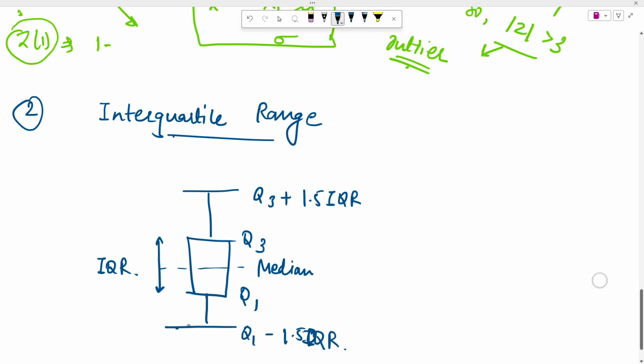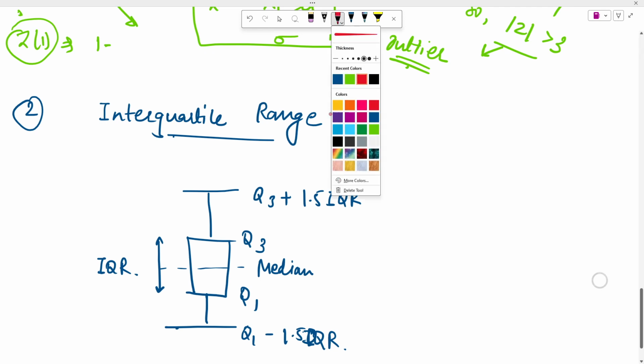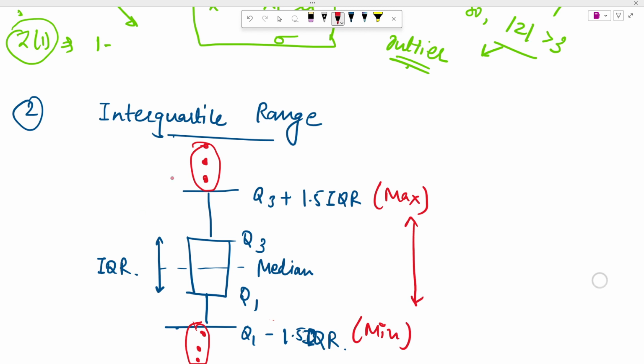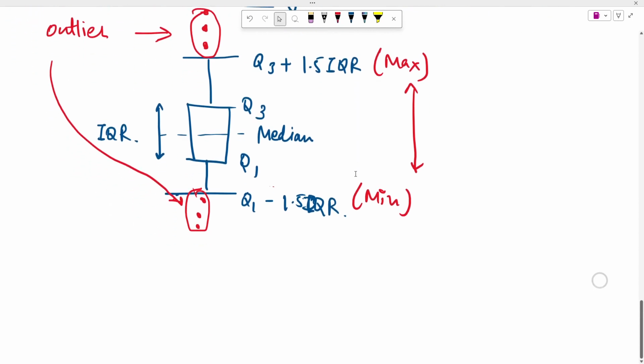IQR, right? So most of the data set lies within this, but any data that lies beyond the maximum upper bound, the red ones, or below the minimum bound, are classified as outliers. So this is the max and this is the minimum. If any value doesn't lie between this range, it's considered an outlier. So this is an outlier and this is an outlier. Both of them are outliers. Right? Now, the third approach we have